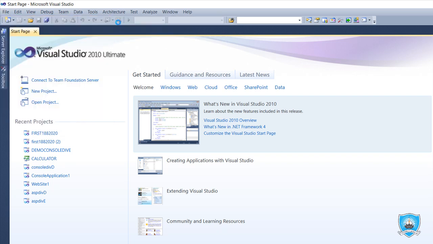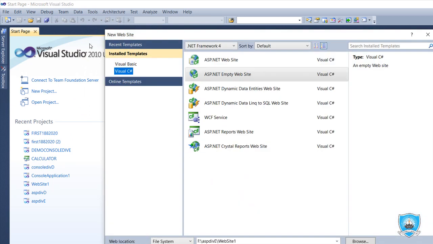When I click on it, at the left side, I will find Templates. In Templates, it is necessary that we select Visual C#, because in our syllabus, Visual C# is there. For ASP.NET, I am using Visual Studio 2010, so .NET Framework 4 is there. ASP.NET website is a ready-made template-based website. When we learn master pages, we will definitely use this ASP.NET website. Presently, I am taking a simple ASP.NET empty website.